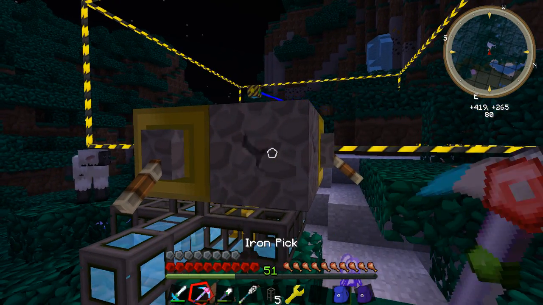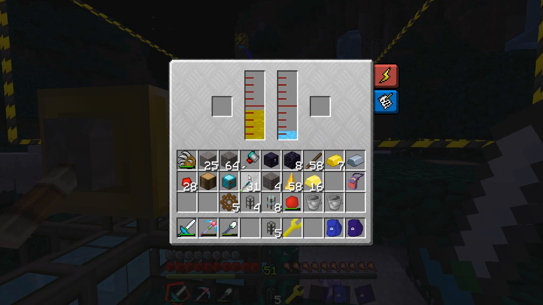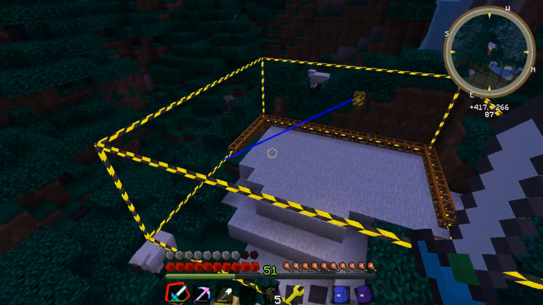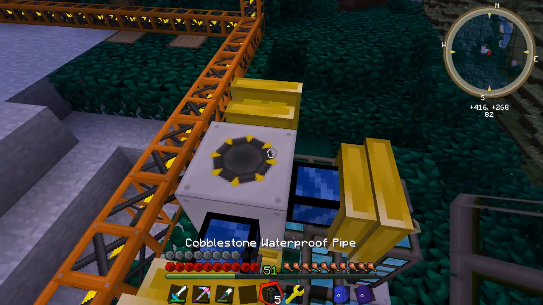Alright, so let's just go ahead and get this out of the way. Alright, now let's go ahead and fill these guys up. I'm going to put this force shard in there. Oh wait, that doesn't work anymore? Could have sworn you could take force shards and put them in the engines. That's weird. Anyway, we don't have much time here, so let's go ahead and get